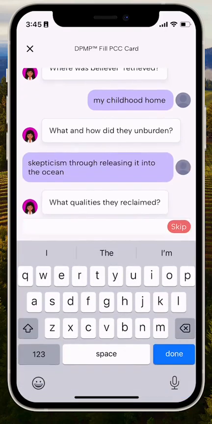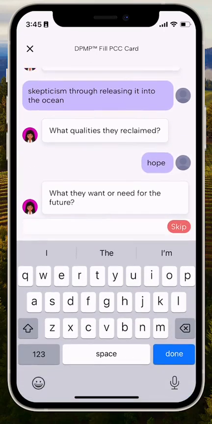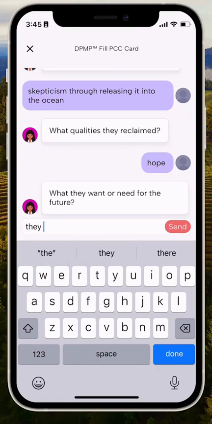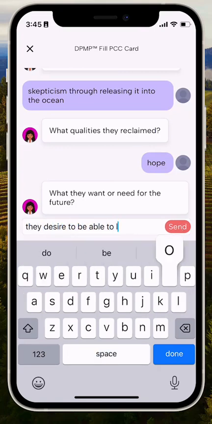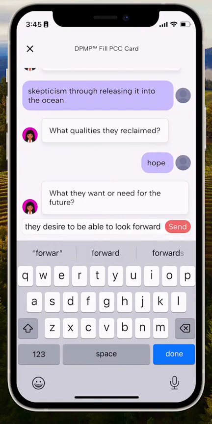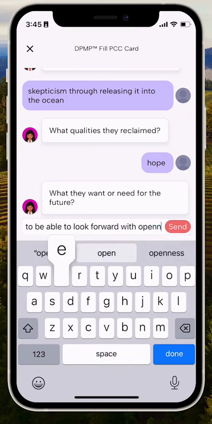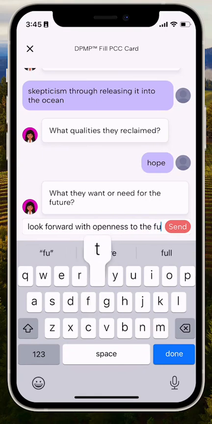What qualities did they reclaim? Let's just say hope was what they reclaimed. What is their need or their want for the future? They desire to be able to look forward with openness to the future. And these are all things that you're going to get as you're in that unburdening process,